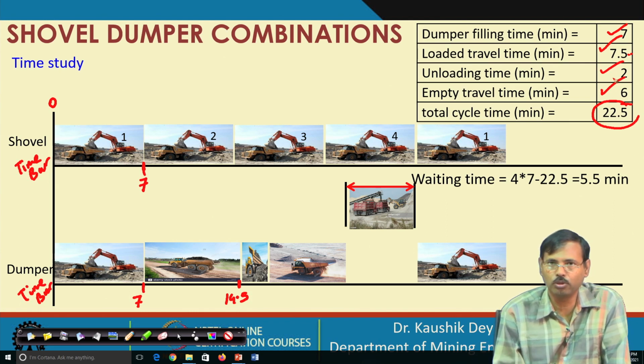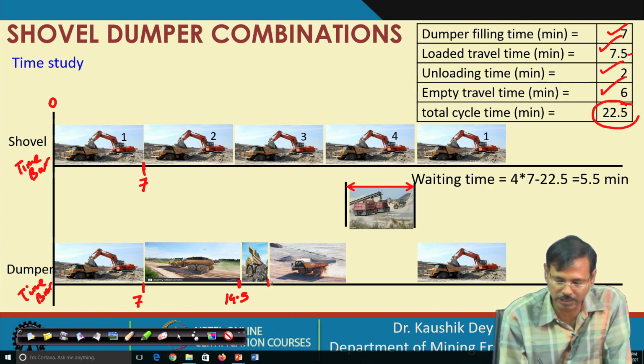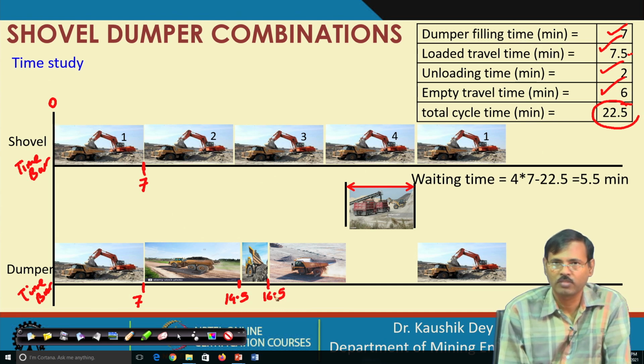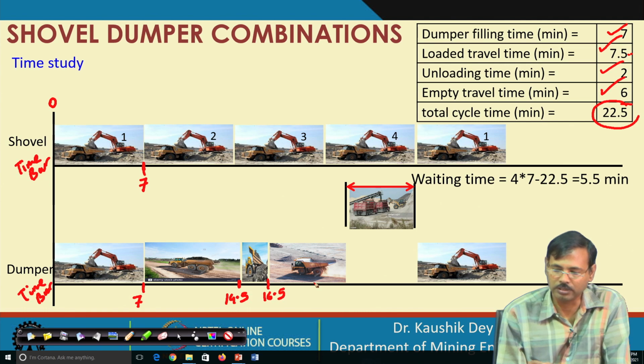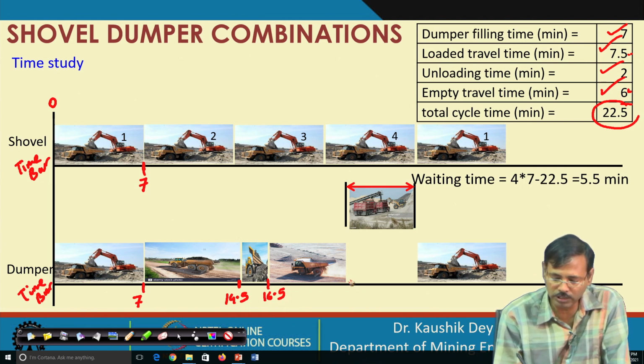We are considering there is no waiting time for the unloading or dumping. So, immediately the damper is unloading. The damper unloads the material, and the unloading is complete after 2 minutes. So, at 16.5 minutes the unloading of the damper is complete. Now, the damper is starting its empty travel, returning phase, and it is travelling empty for 6 minutes. So, it reaches the shovel position, completing its empty travel at